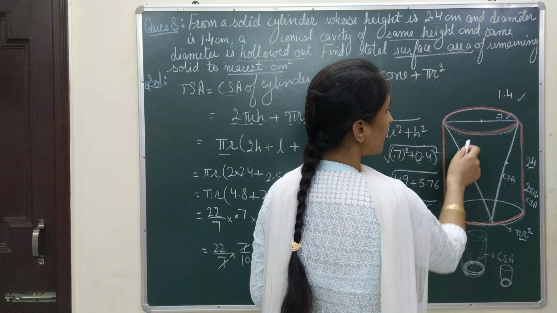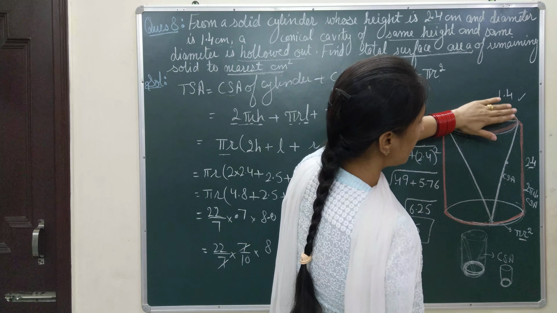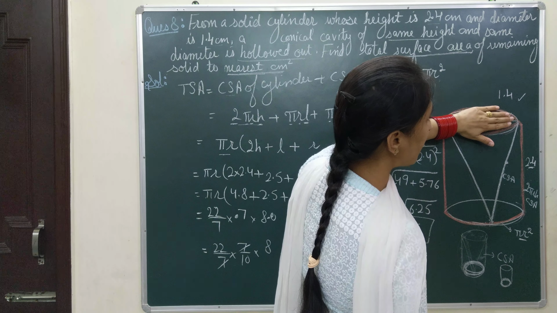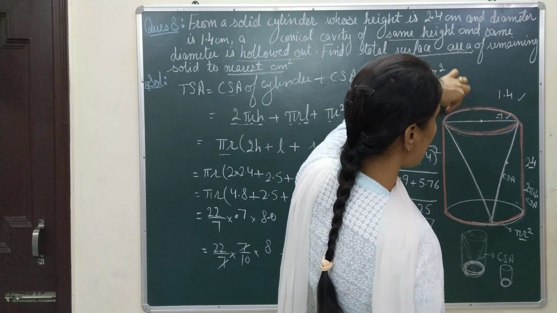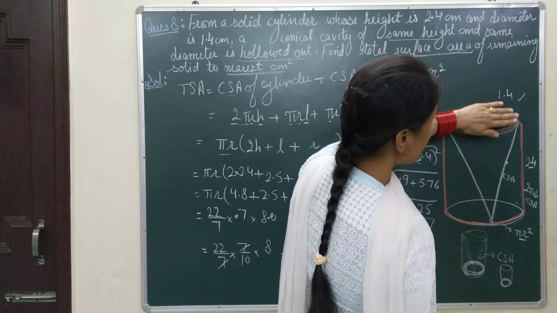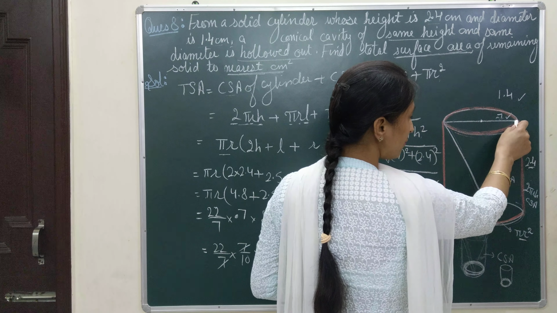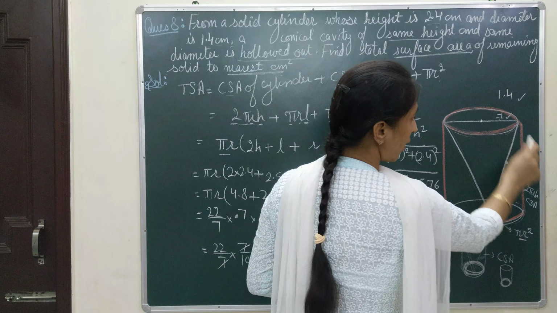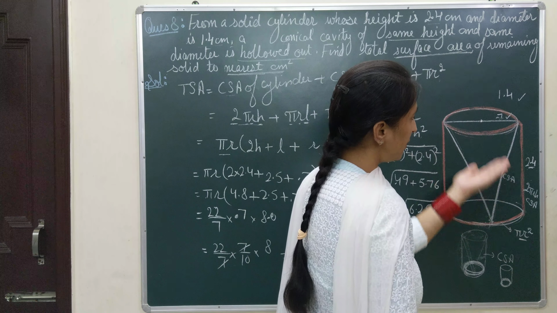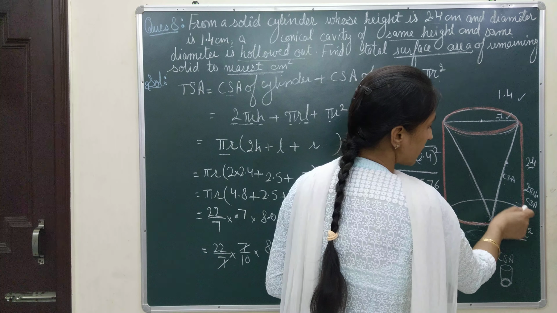And the next important thing is, as you have taken something out, this portion is missing now. The cylinder is empty from this side, so you will not take this pi r square, as the circular region is removed, you will not be taking this area. As it is hollow from this side, you will take only the curved surface area of this cone, and then you can touch the outside of the cylinder, and what is left, the base of the solid cylinder is left, so you will be taking pi r square for that circular end.